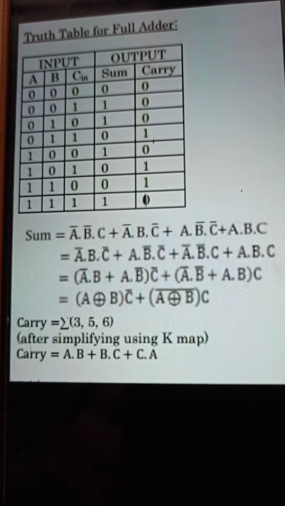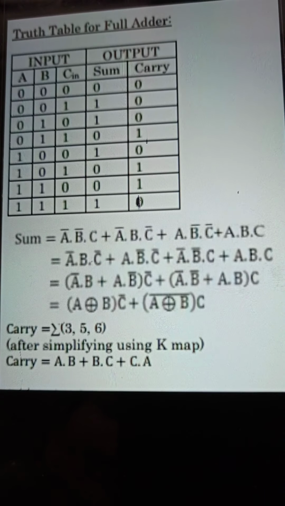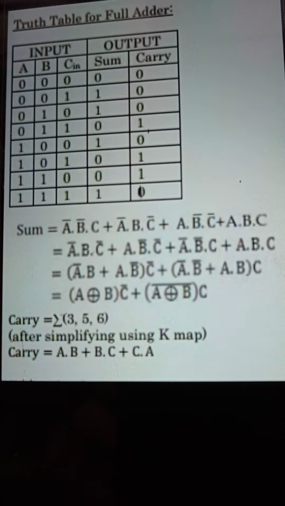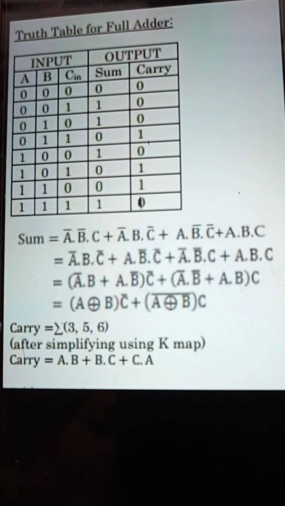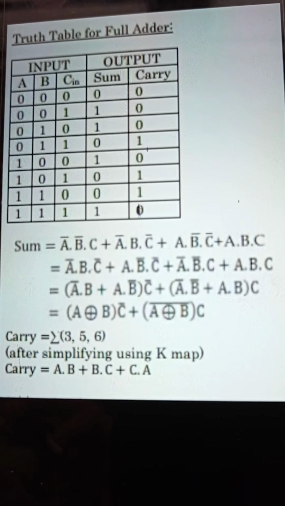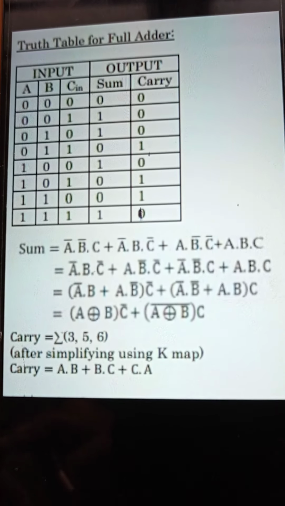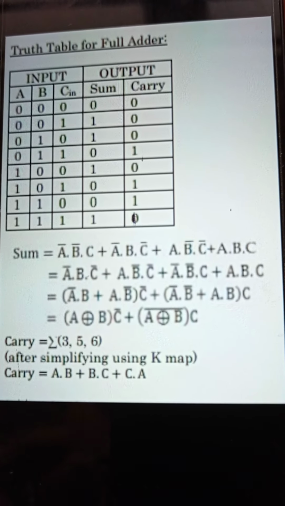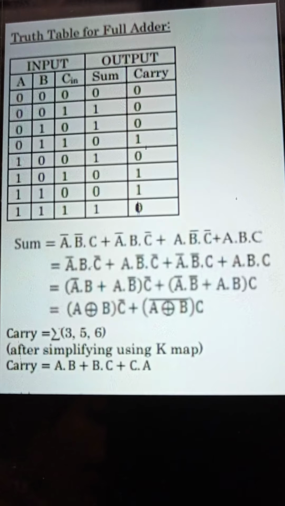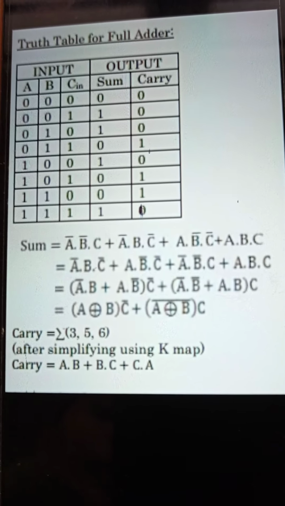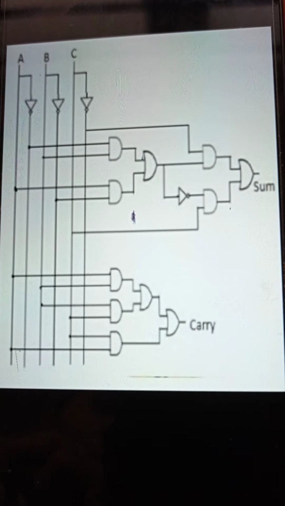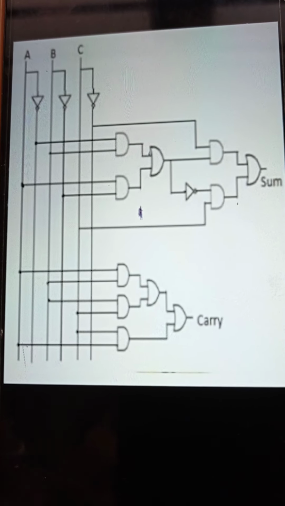Myself Ushashree. Now I am going to demonstrate how to design full adder hardware circuit. This is part B, 4th program C. Okay, this is the truth table, that is when you take the 3 bits, what is the sum and carry. By this we will get the sum expression like this and carry expression. Now I will design this according to the circuit of the sum and carry. Okay, this is the circuit diagram. Now I am going to design this.